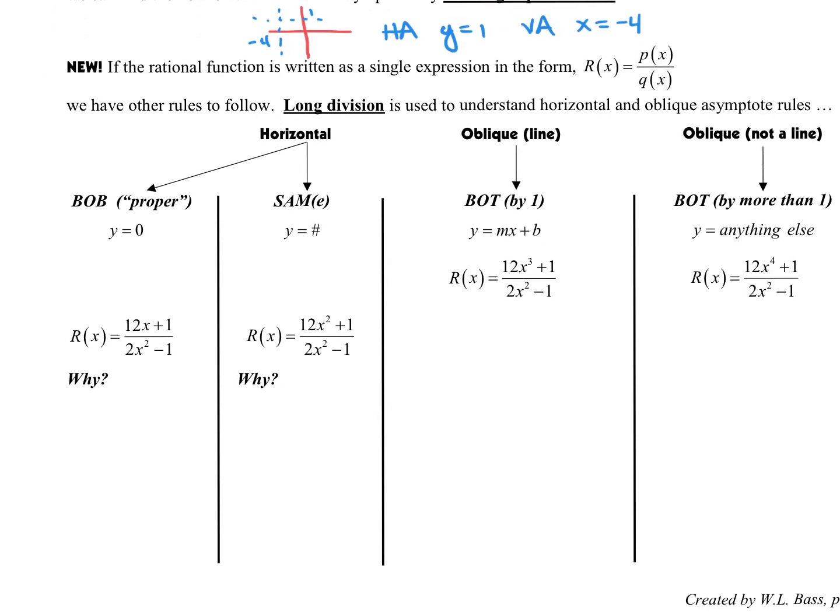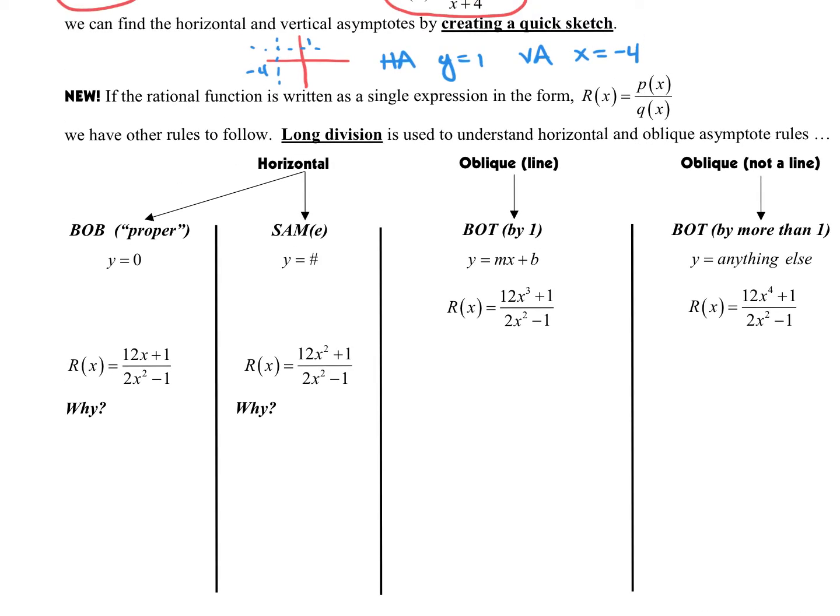Now, when our rational function is actually written as a single expression, okay? So we've got this single expression, so it's just one fraction. It's going to be one polynomial divided by another polynomial. We're going to have some new rules that we're going to be able to follow, okay? Now, you can only have a horizontal or an oblique. You cannot have horizontal and oblique, and sometimes you might not actually end up with